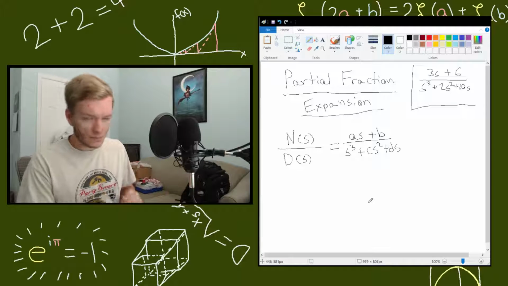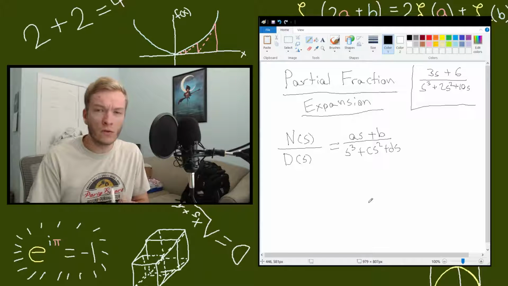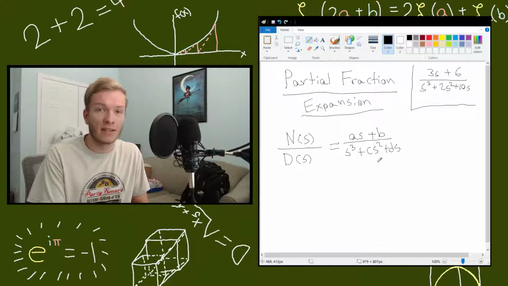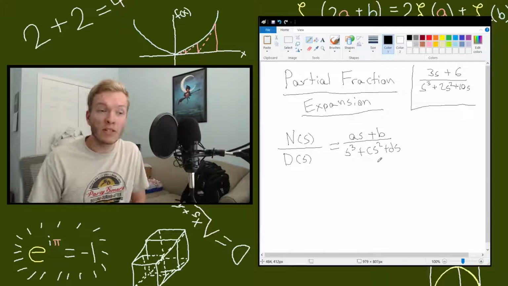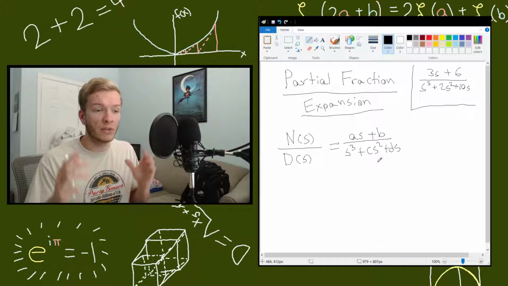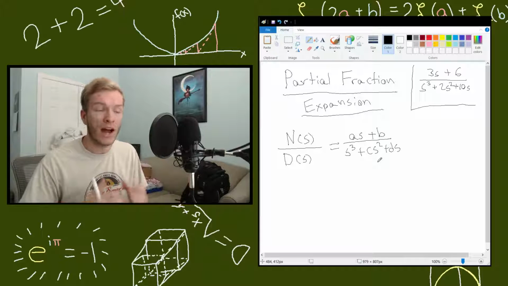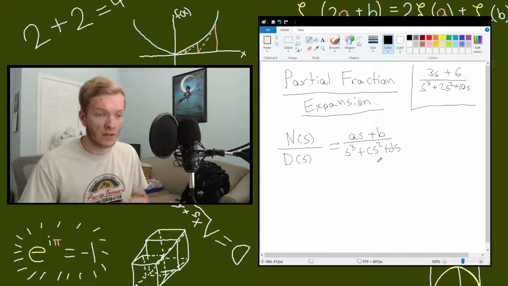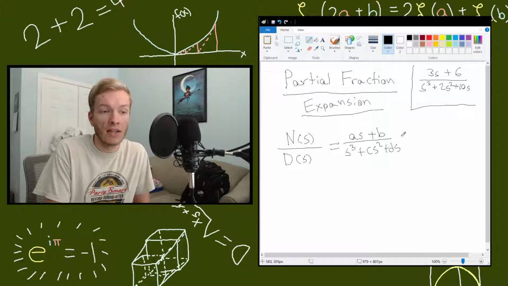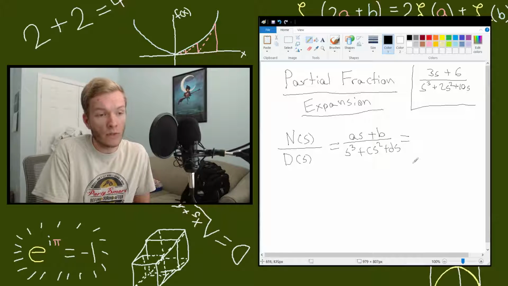So there are other things that this is useful for, like Laplace transform, which you might see from me using s here. That's actually the most recent time that I've used it. But there's a lot of different reasons that we would want to split a large polynomial fraction up into smaller fractions. So the idea of partial fraction expansion is we want to have this set equal to some other